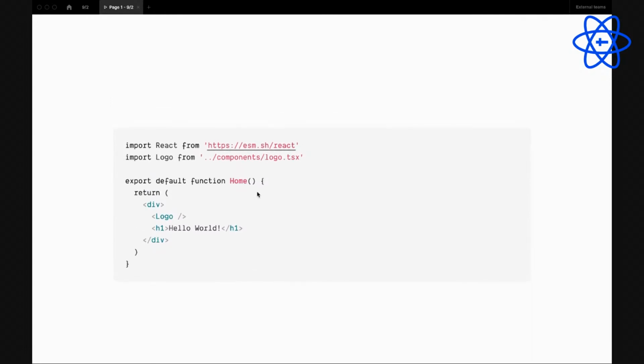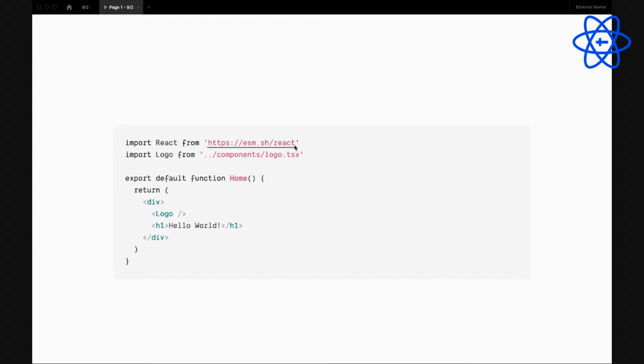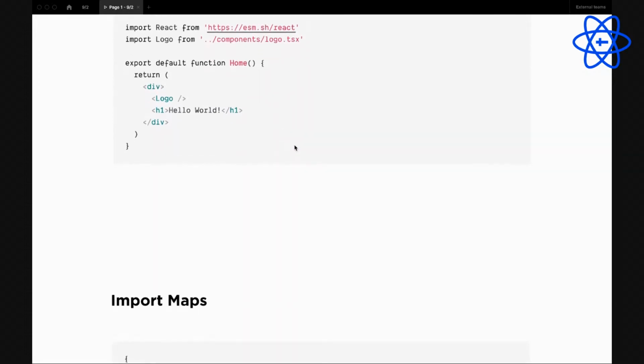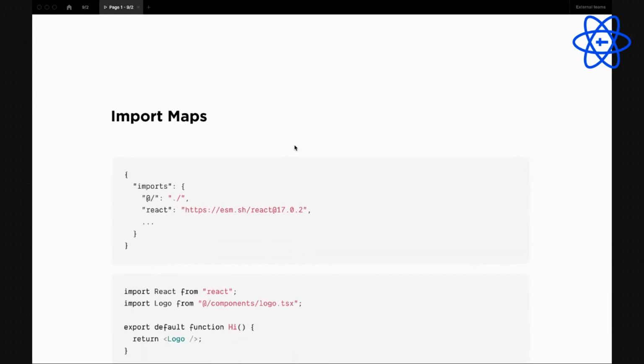But this is not good because you need to write a lot of things in here, for example the version. So how do we solve this? Okay, we have import maps.